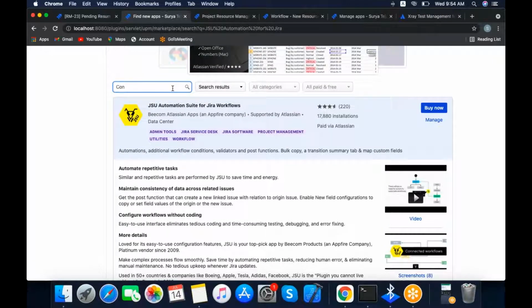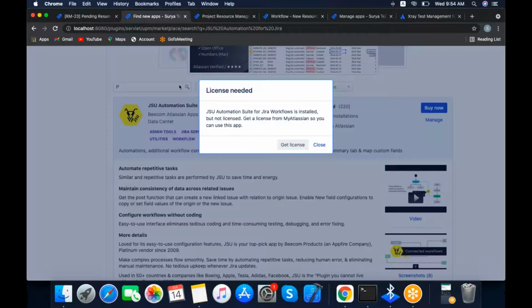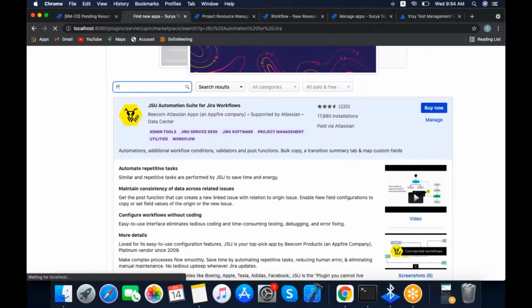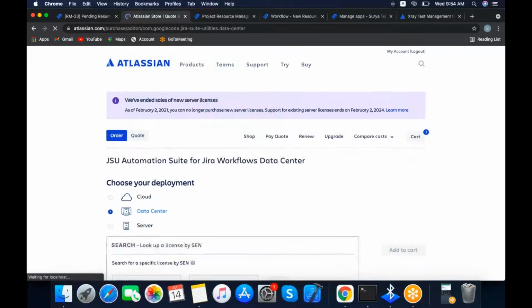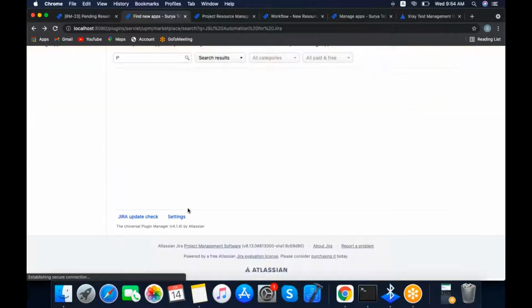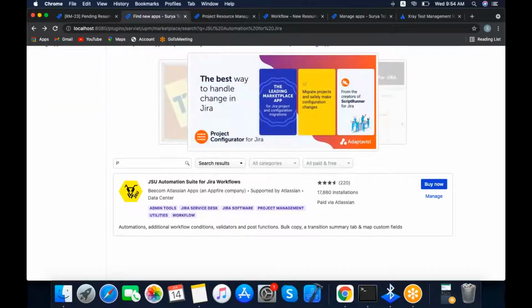Project configure. Get license. It will redirect to myatlassian.com for the licenses. Here it's asking for a card. We need to check the trial one, because I have already installed it.